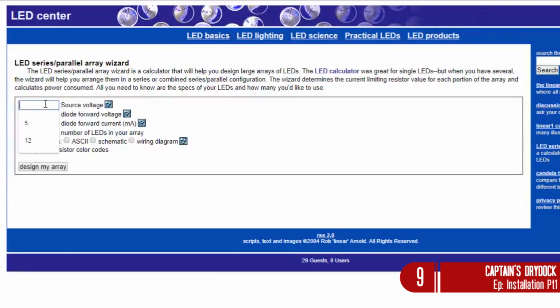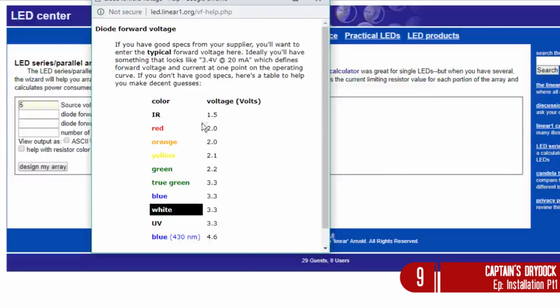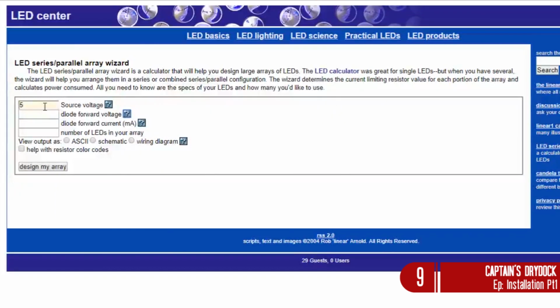So again, source voltage, it's 5 volts. Diode forward voltage, if you can't remember, click on the question mark, pop-up box comes up, 2.0, because we're using red LEDs. Diode forward current, from what I remember, is 220, yep. And number of LEDs, so let's just say we're going to be using 3 LEDs,